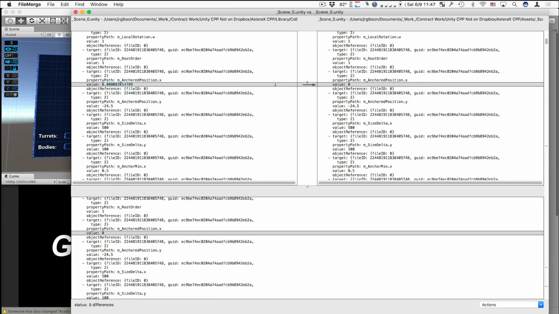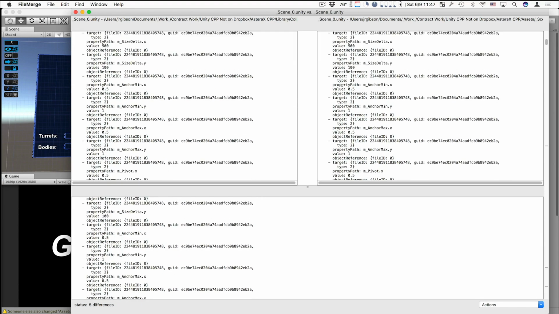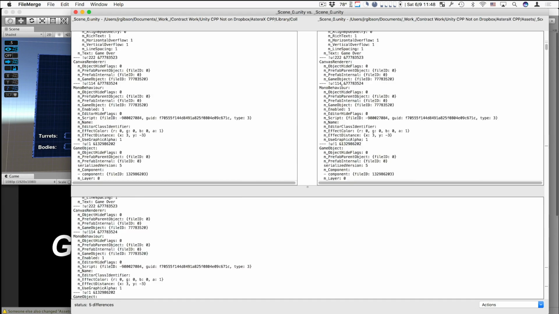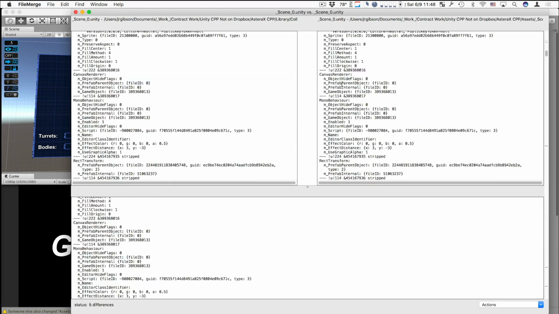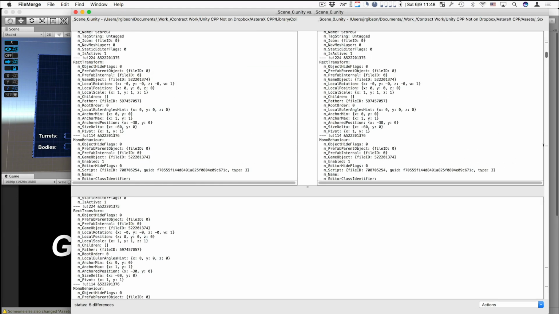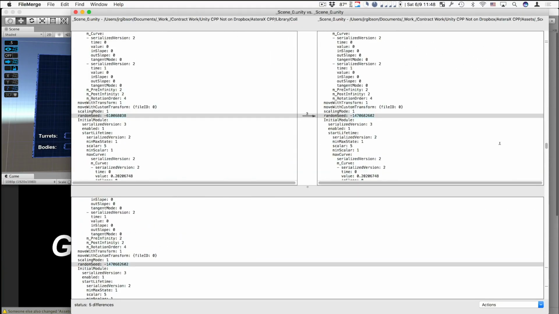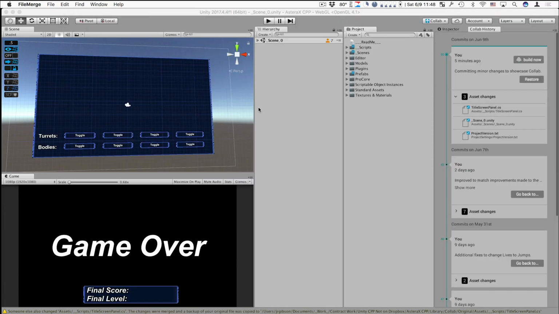Takes a second to load, but then you can see a slight difference here between 0 and a very small number. And then a big difference here where something is significantly different. And you can scroll through, and on the side, it will show you the different areas where there are differences. So it shows me that there's another one here. And this is the inner workings of the scene file, which is kind of cool. I would not mess with that too much if I were you,